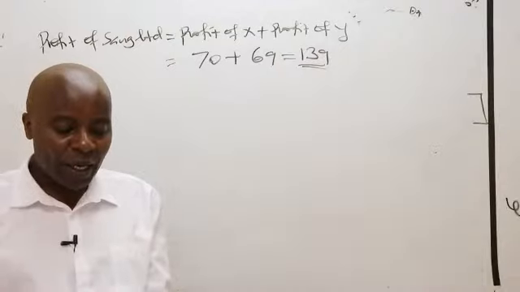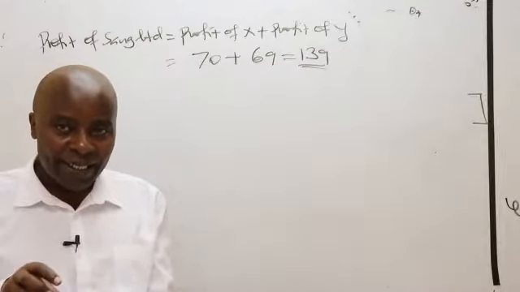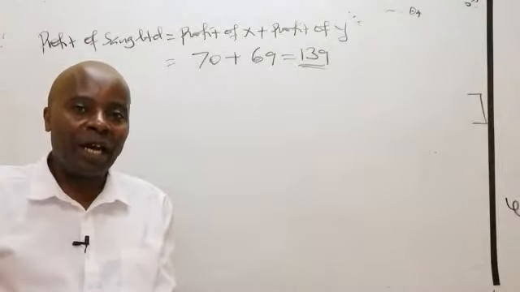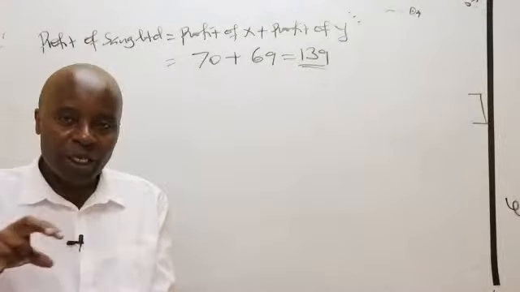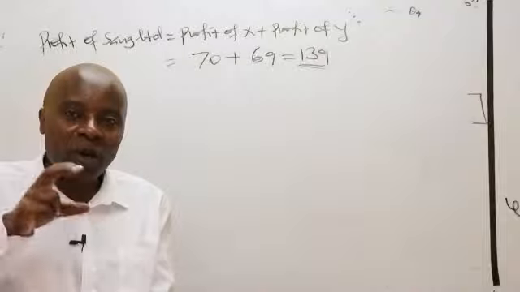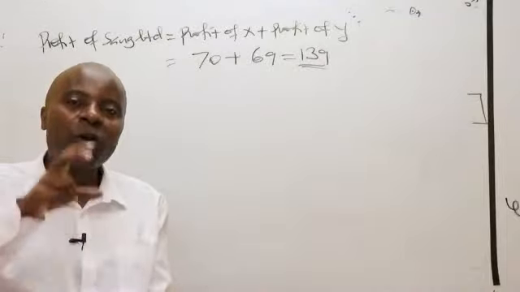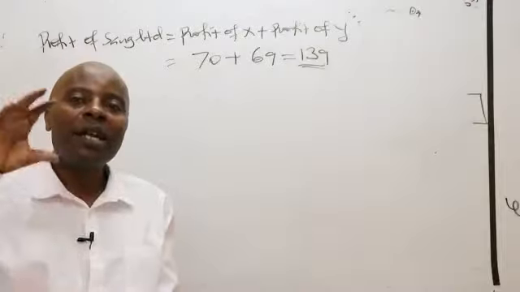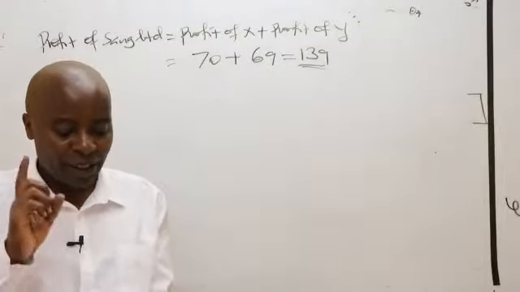Because the first one was pegged on a transfer price, and because of the transfer price, we were able to look at division Y alone. But now here in B, there is no transfer price. So in short, they want us to give them a profit statement for the company as a whole, because the company as a whole will normally disregard any transfer price. Let me keep quiet. You attempt it.